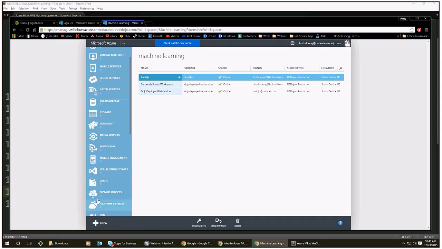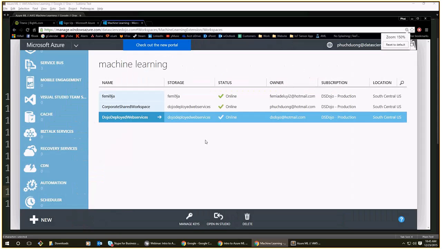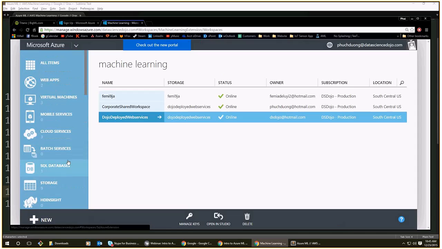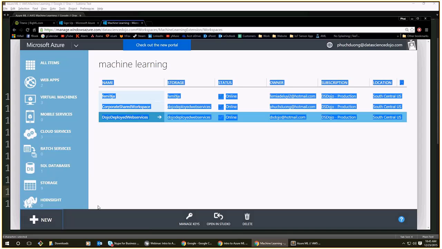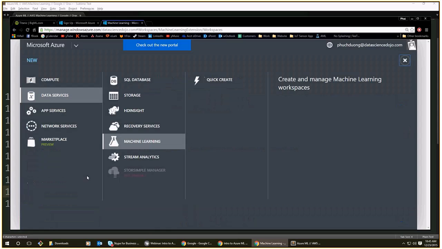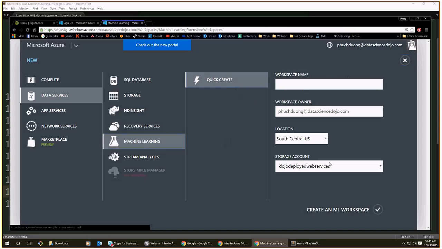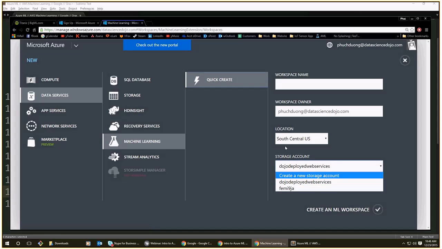So to get started, we need an Azure ML workspace. If I click on machine learning, you notice that I have 3 workspaces here. Now each workspace will need its own storage account. But if I want to create a new workspace, I will go to New. And I will go to Data Services, Machine Learning, and then specifically I'll go to Quick Create. Quick Create will let me select and name my workspace. So I can name it